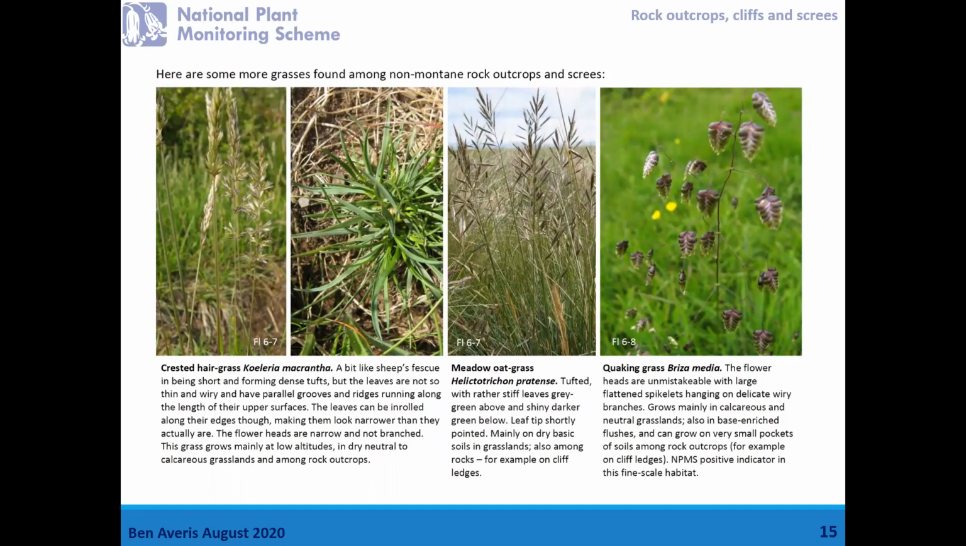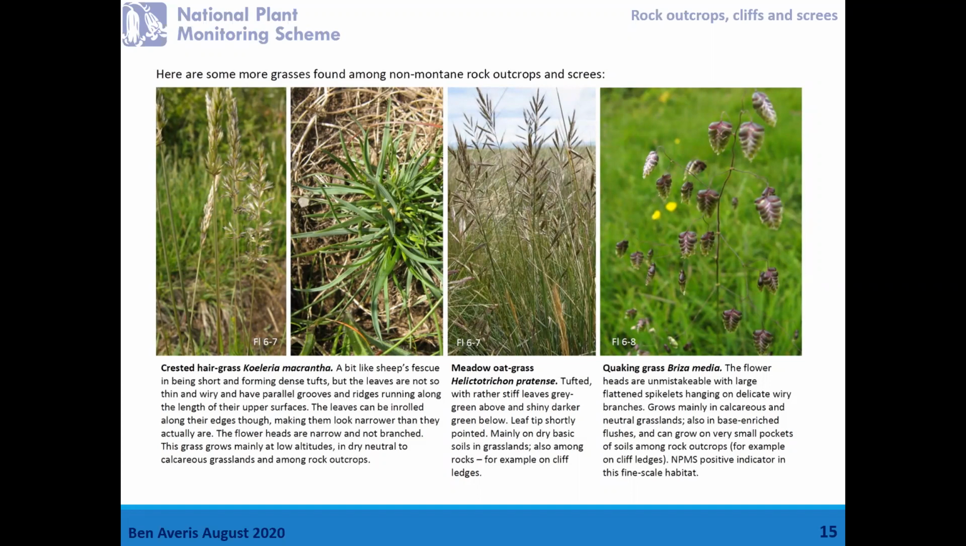Koeleria is mainly among more basic soil, so among basic rocks. It can grow quite happily. It has a low tuft of leaves, a few millimeters wide. They're actually quite distinctive. They're quite firm textured, rather hairy, and the upper surface of the leaf has a whole series of parallel ridges and grooves. You can just about see it in that photo, looking down at the tuft of leaves. And